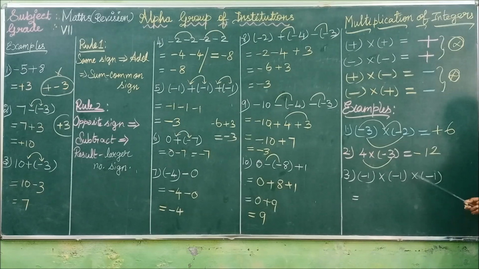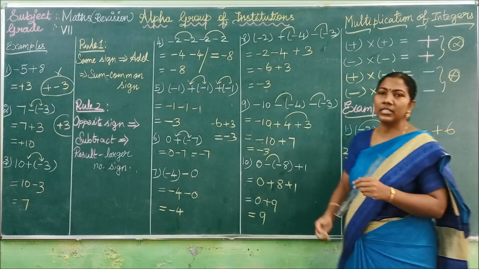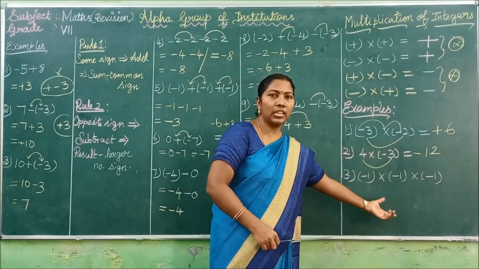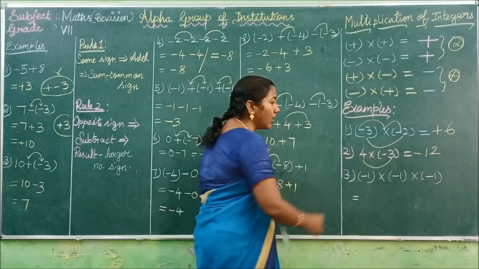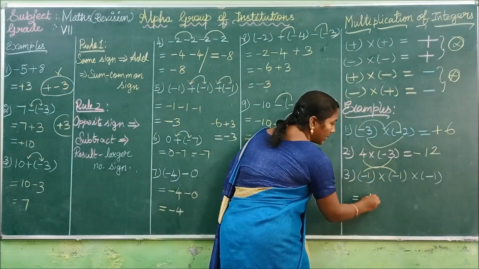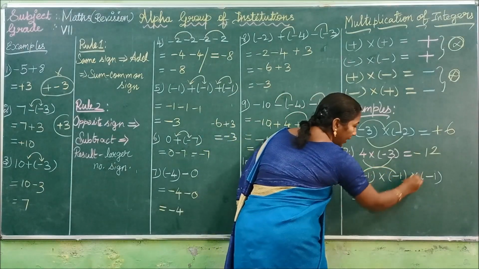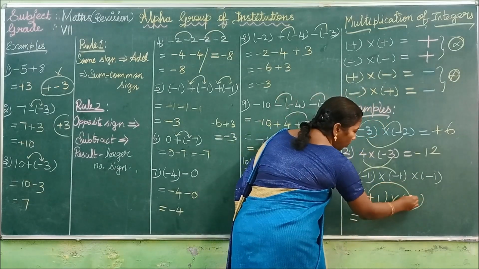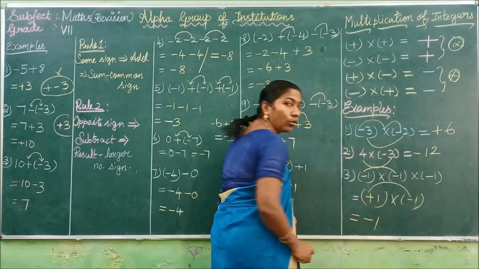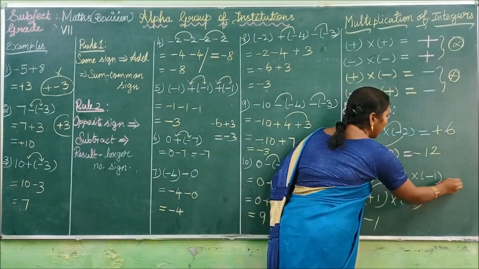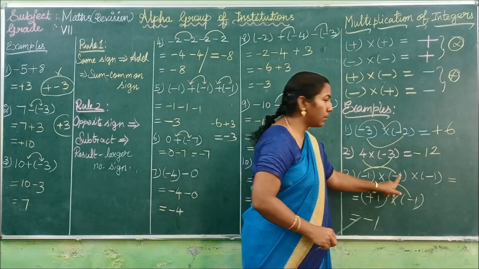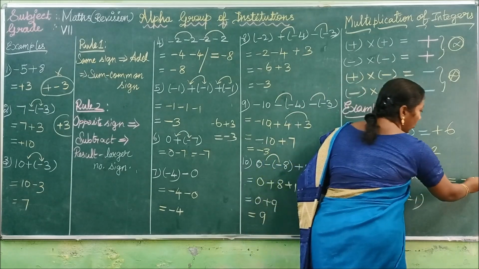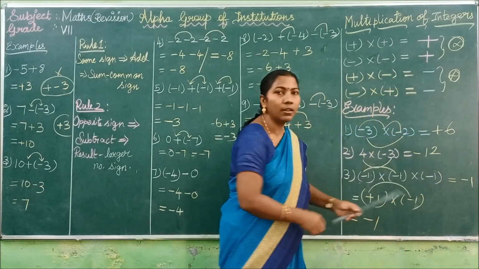Minus 1 into minus 1 into minus 1. This is a very important sum and it is a very easy sum. Those who have a clear idea of the concept can easily do it in a single step. Okay. See here. Minus into minus, plus; 1 into 1, 1; 1 into minus 1. Next, plus into minus, minus; 1 into 1, 1. Now we are going to do it in a single step. See here. Minus into minus, plus; plus into minus, minus. So multiplying 1 three times we get the answer 1 only. 1 into 1 into 1, 1. Thus we get the answer minus 1.